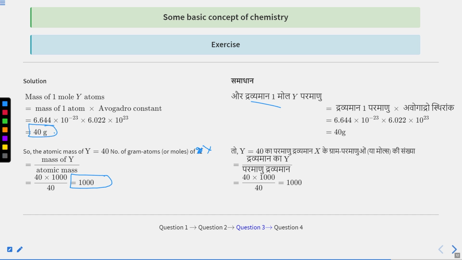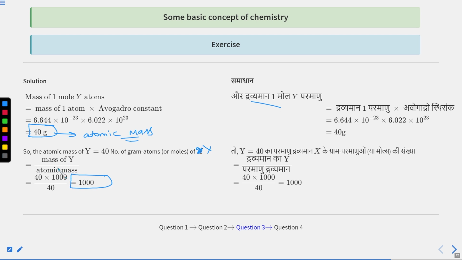And mass of 1 mole of Y atom means, if this is an atom, you can say it is atomic mass in grams, right? It is atomic mass, or also you can use the word molar mass. So the atomic mass of Y is 40 gram. Number of gram atoms you have to find. So number of gram atom is given mass